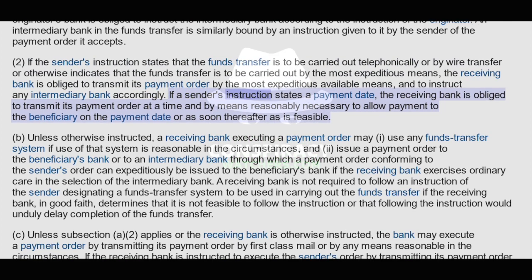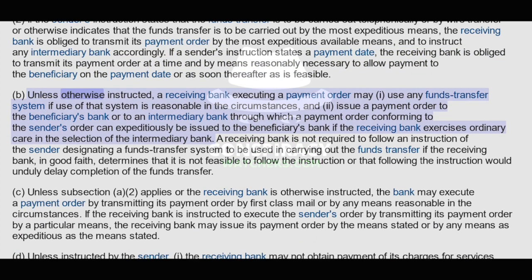If a sender's instruction states a payment date, the receiving bank is obliged to transmit its payment order at a time and by means reasonably necessary to allow payment to the beneficiary on the payment date or as soon thereafter as is feasible. Unless otherwise instructed, a receiving bank executing a payment order may use any funds transfer system if